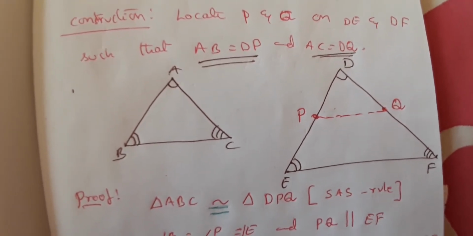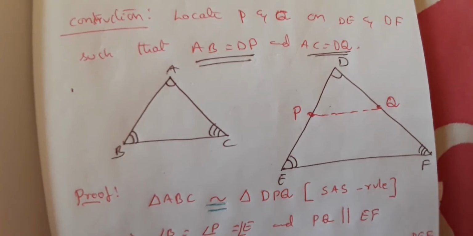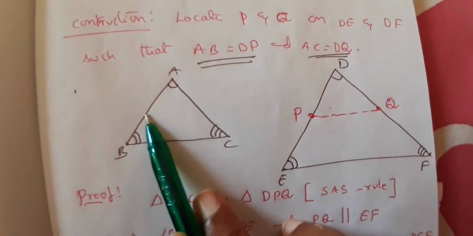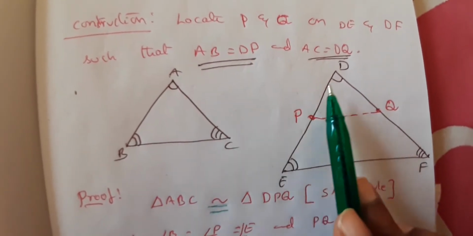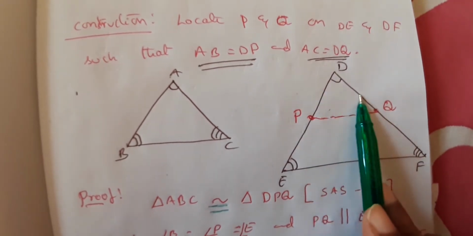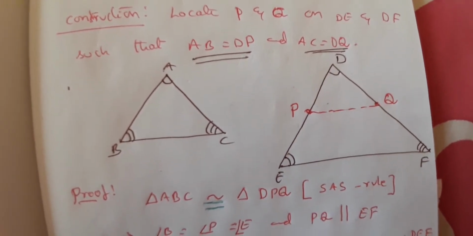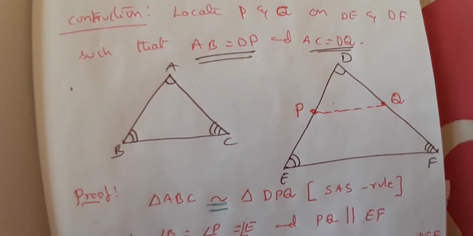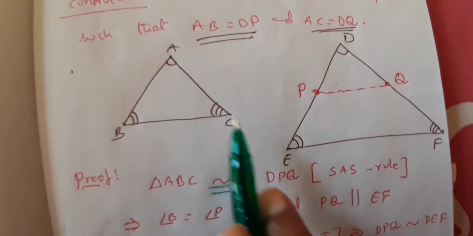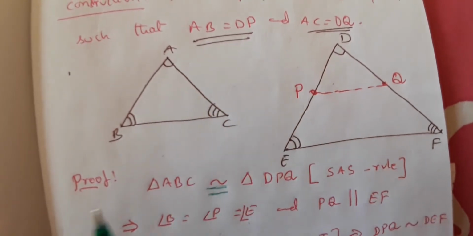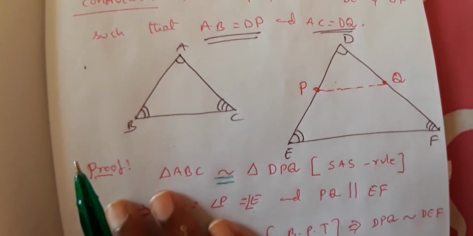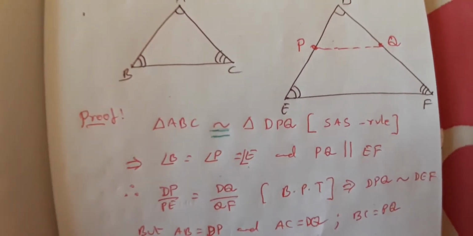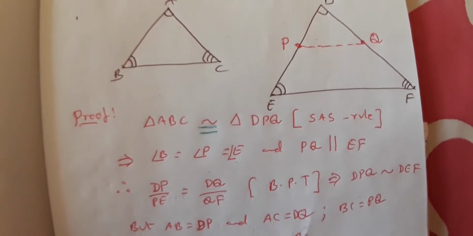Also one angle is equal. So that is called side angle side. Here also side angle side. This is the criteria of congruence of triangles. So these two triangles are congruent. Congruent means they are also of the same size. Whenever we say that they are congruent, definitely the two triangles are of the same size.